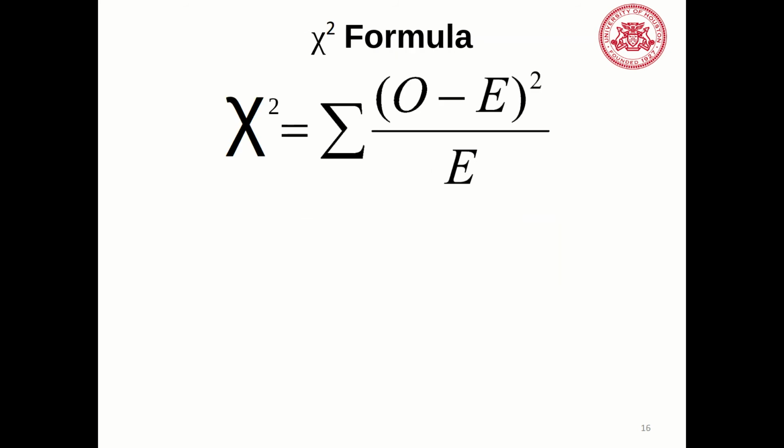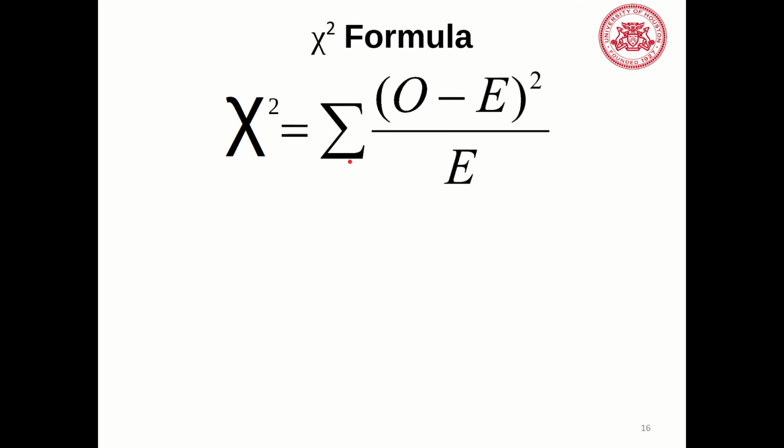This is the formula, all right, and this here means chi-squared. It's not quite an x, it's a special Greek symbol, chi. So chi-squared is equal to the summation, all right. Now the summation means if you have multiple O's and E's, you add them together. So there might be